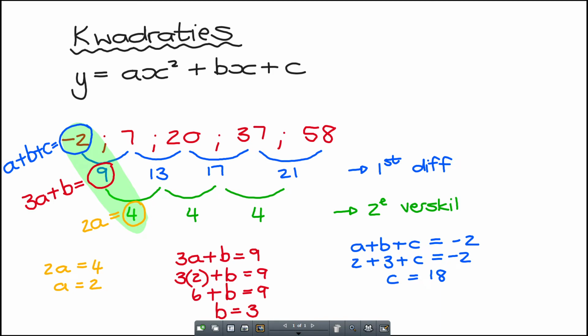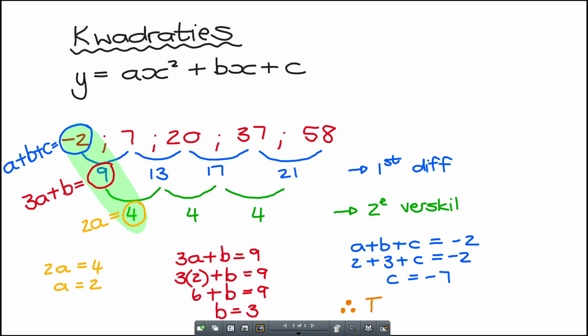So nou het ek vir A, B en vir C. Is ek nou reg? O nee, ekskuus, ek skryf die verkeerde een se antwoord af. 2 plus 3 is 5, wat oor is minus 5 is minus 7. Ek is al by die volgende voorbeeld. Sorry. Okay, is julle reg daar? You good? Okay, so please don't stop there. We now have the values of A, B and C. Jy moet hom vir my in jou finale formule gaan sit. So therefore,